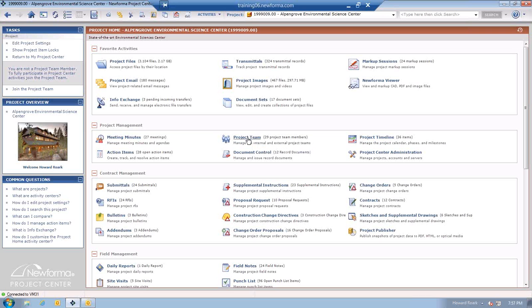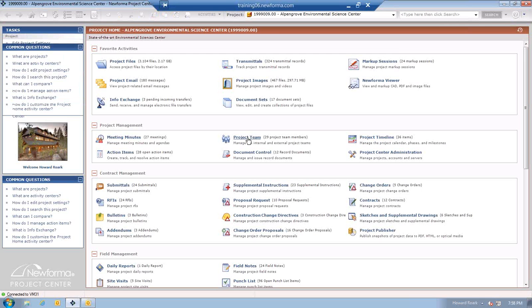As an internal user, in order to view any of this project information through the InfoExchange website, you do have to have made yourself a member of the project team and given yourself web access, as well as any external users that you would like to have access to that project information through InfoExchange. So in order to add members to the project team, you'll click on that Project Team Activity Center,